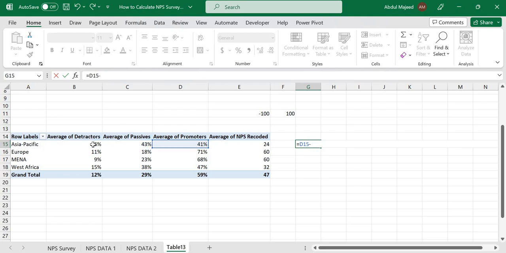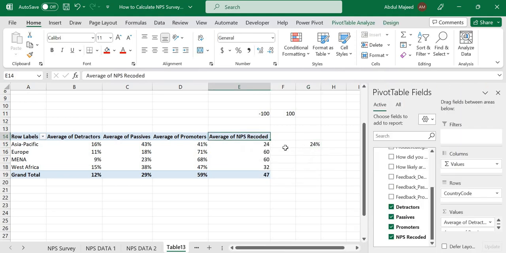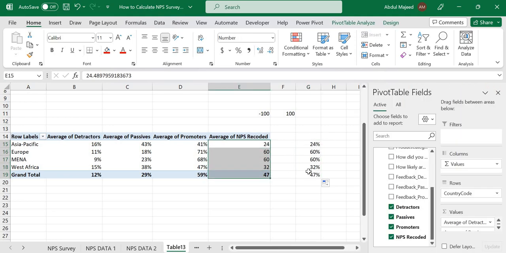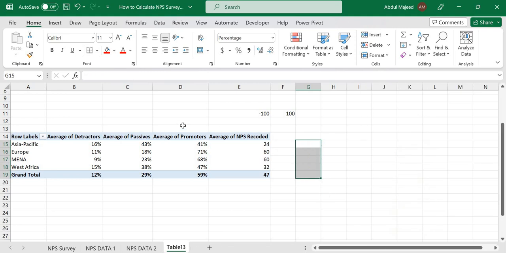So if you find the difference, we have this minus this, that will give us 24. So our NPS here is 24. So that gives us the right answer. We can even check the other rows and see that everything is the same as what we have when finding the average using the recoded. All right. So this is how we compute our NPS